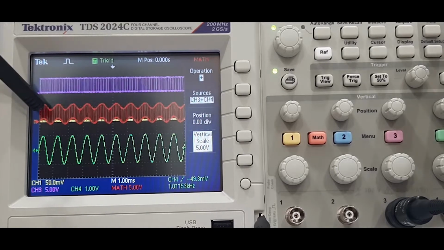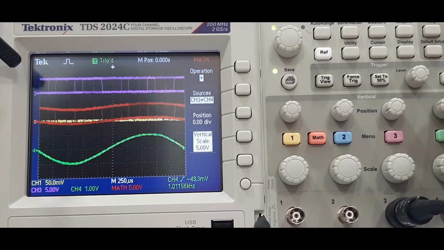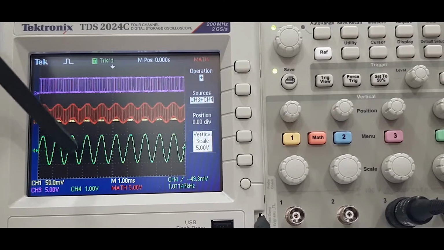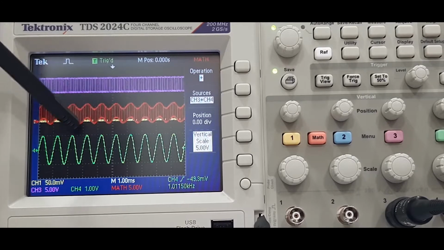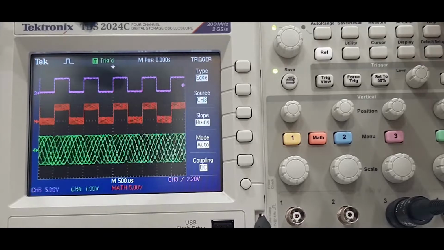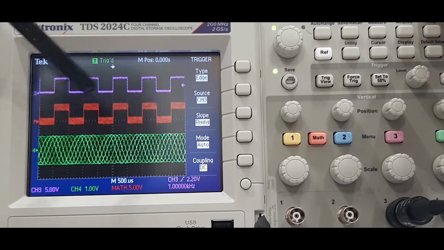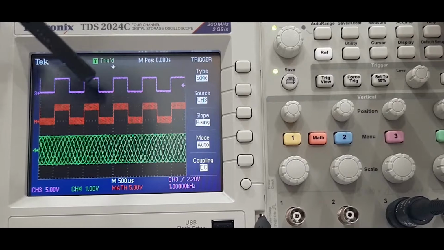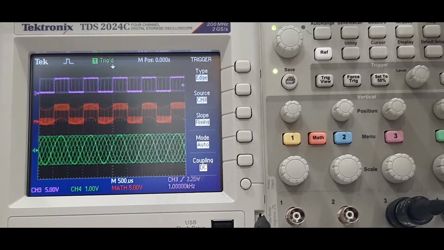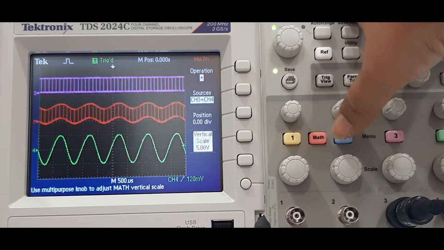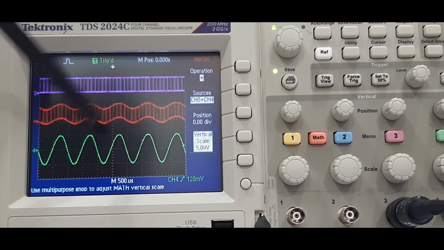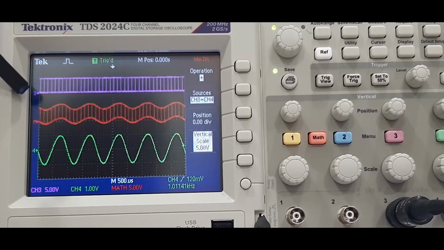You can see here, I can vary this. Because we have triggered this sine wave, it is taking domination, and inside that the square wave is added. Now I have set the trigger to channel 3, so now it is dominating. Inside the channel 3 output, the sine wave is added. So this is the add operation. My sine wave and my square wave are getting added, and I am getting the result like this.